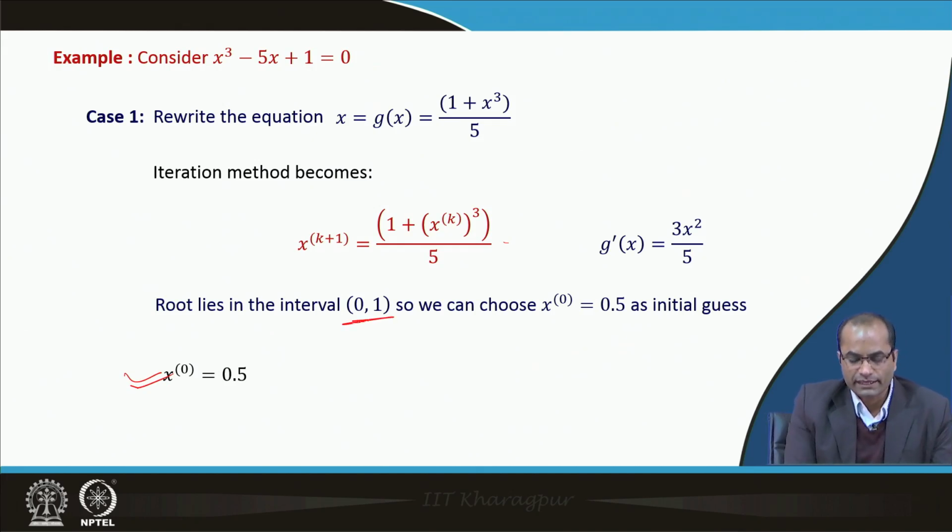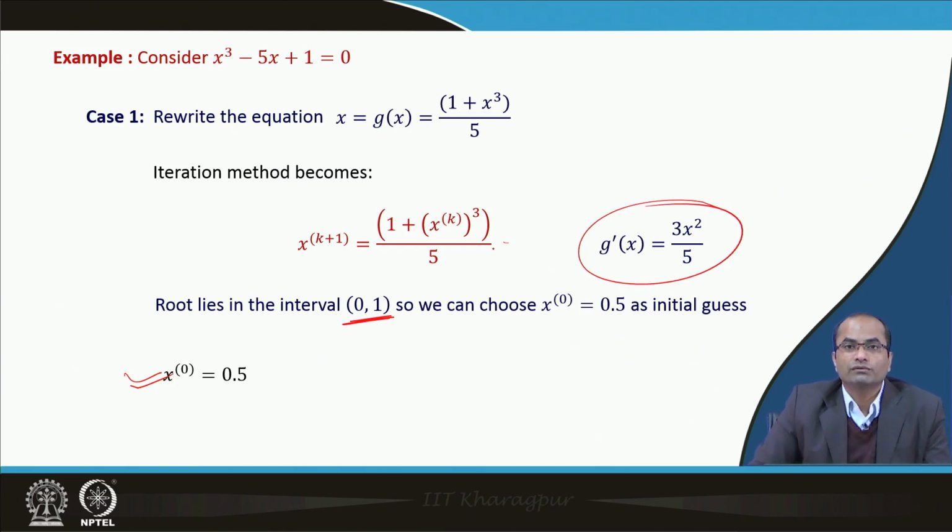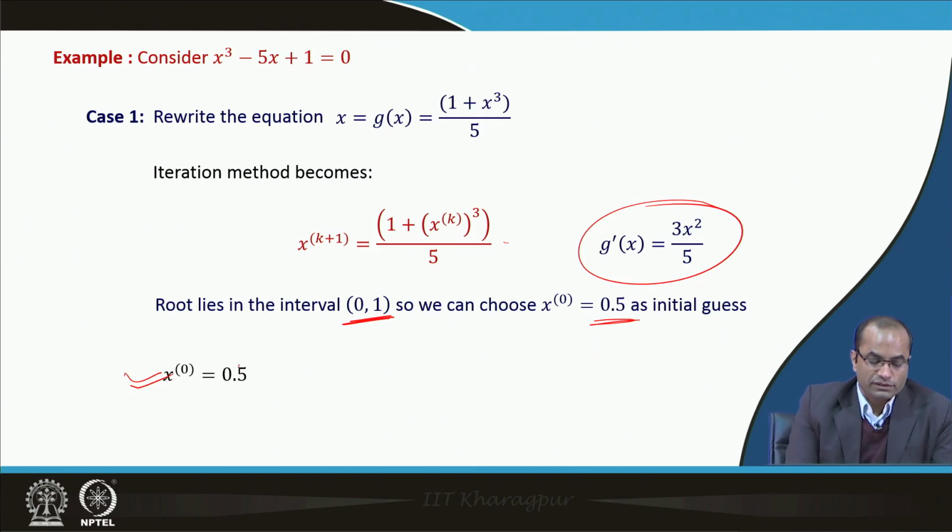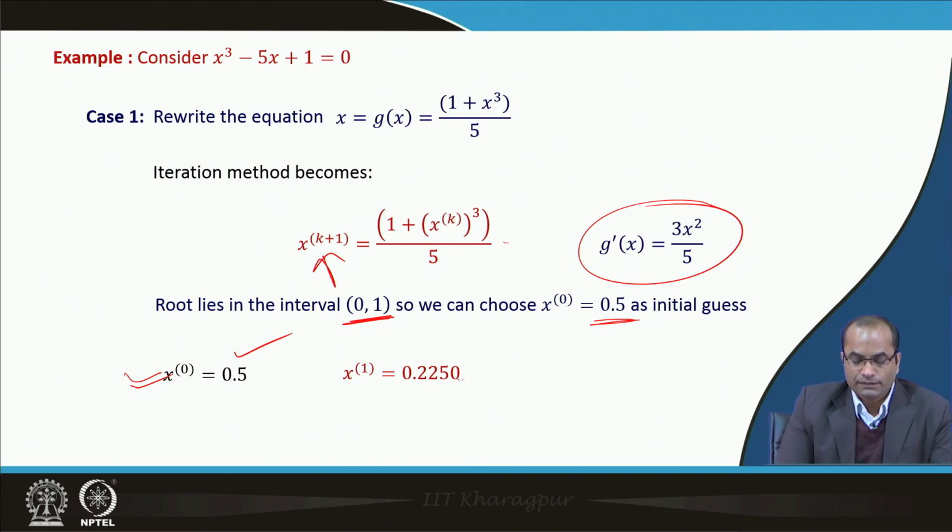We can choose actually any initial guess between 0 and 1, and this condition makes sure that it will converge, not only for 0.5, but any other guess also. We can take 0.1, we can take 0.8, 0.9, etc. It will converge. So, for instance, if we take 0.5, then we compute x1 from this iterative scheme, 0.22,